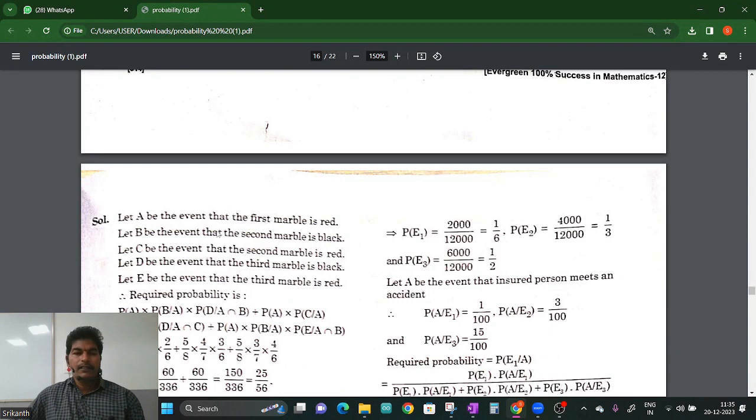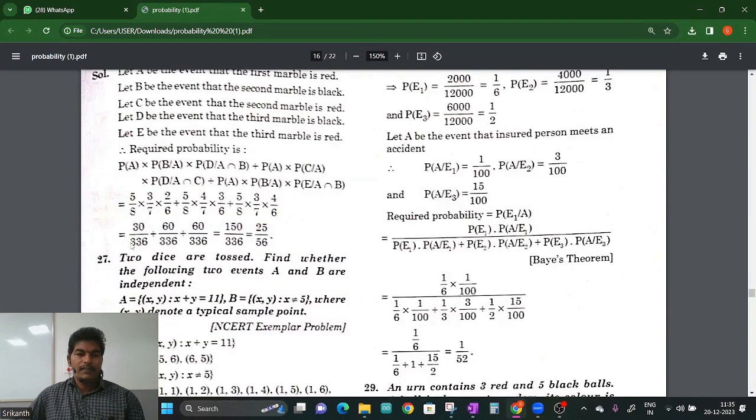Let A be the event that the first marble is red. B be the event that the second marble is black. C be the event that the second marble is red. D be the event that the third marble is black. E be the event that the third marble is red. So the required probabilities are